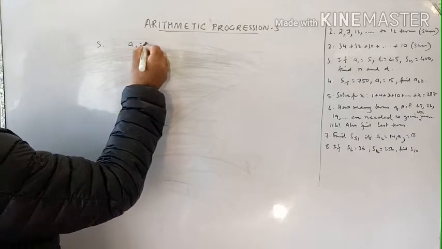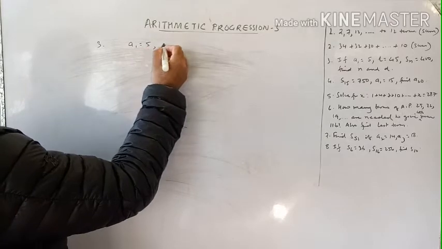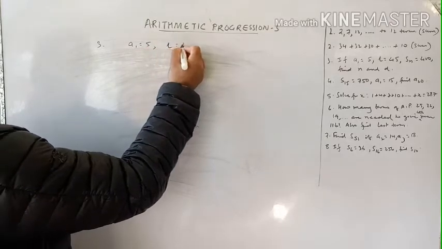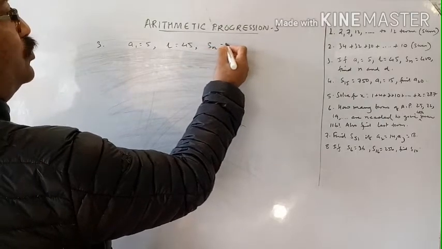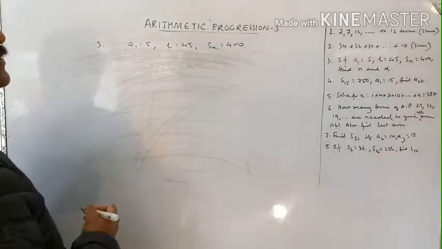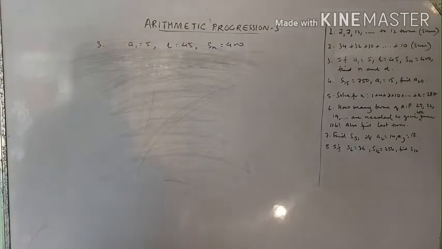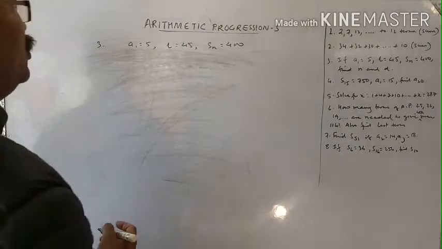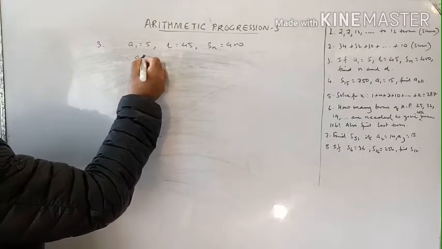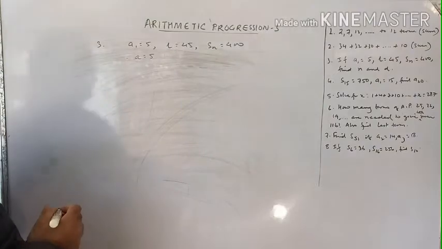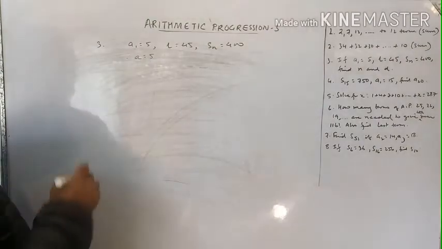That means the first term is equal to 5, and the last term l equal to 45, and also the sum of n terms is given as 400. Find n and d. So we have to find n and d. First term is 5, therefore a is equal to 5 only. Last term is